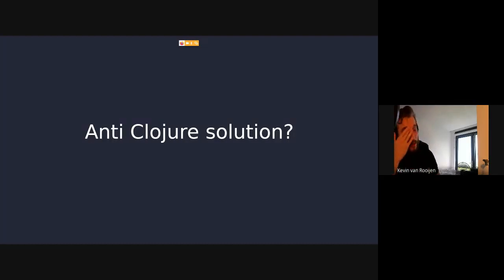So is this an anti-Clojure solution? Because generally speaking, what I hear Clojurians say a lot is that for a new project, they tend to choose which libraries they want, put it all together, and create their own architecture. And I understand this because you would want to use the right tool for the job. But for my use case,